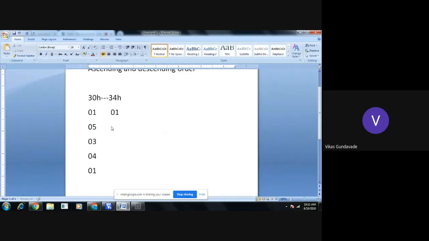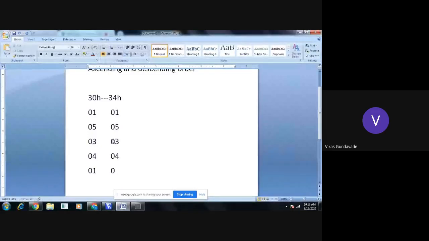After this comparison, one number will be smaller and one number will be larger, so the second number will be 05 as it is. The remaining numbers will be 03, because we are doing only the first comparison now, then 04, then 01.